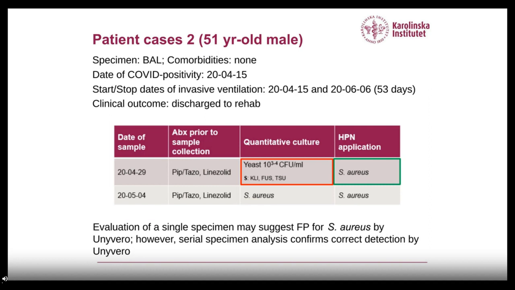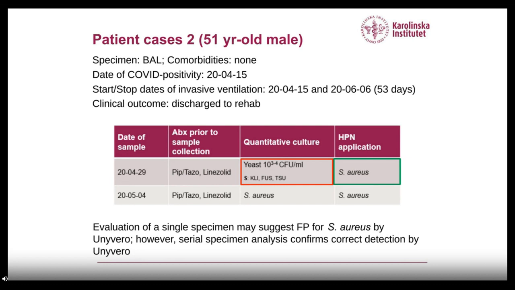In case number 2, 51-year-old male, this is a BAL sample. The first date of COVID positivity was 15th of April 2020, and the patient was ventilated for 53 days and was later on discharged to rehab. And we can see here that initially the patient had antimicrobials prior to sample, and the quantitative culture showed yeast,